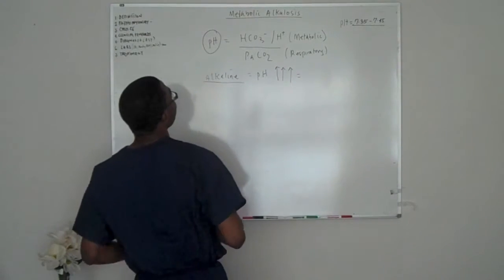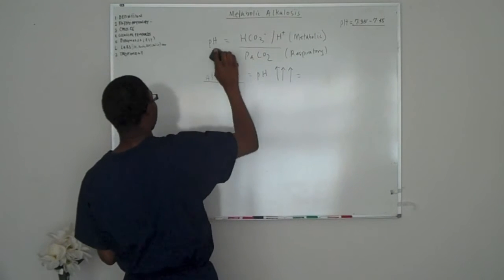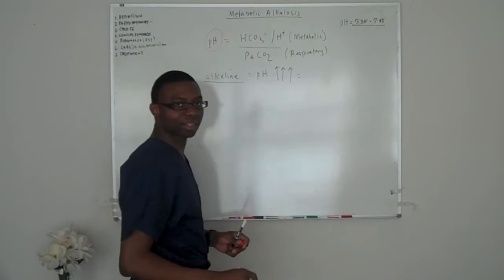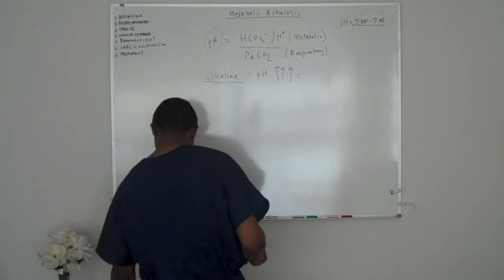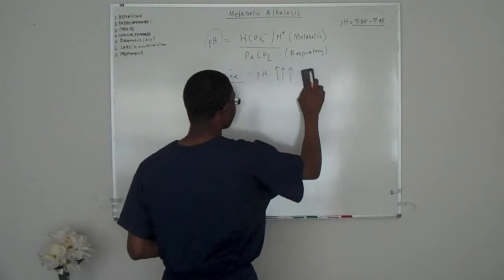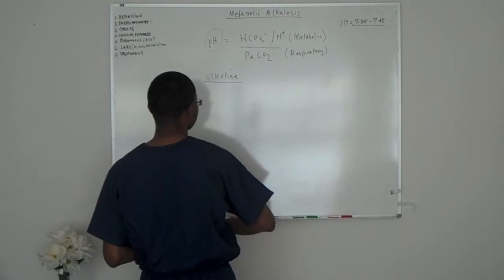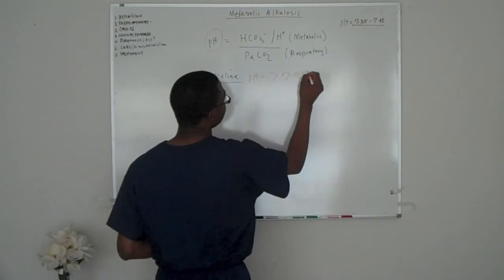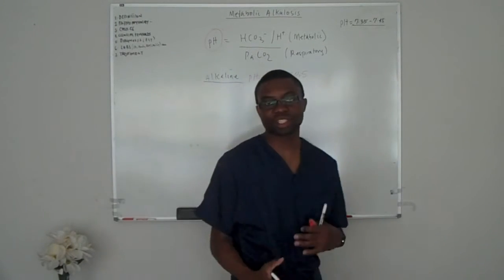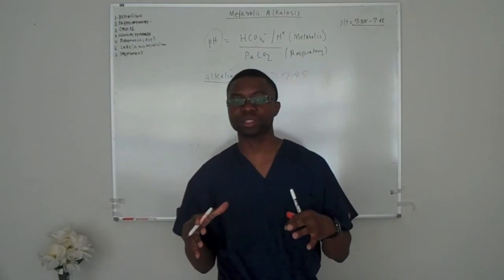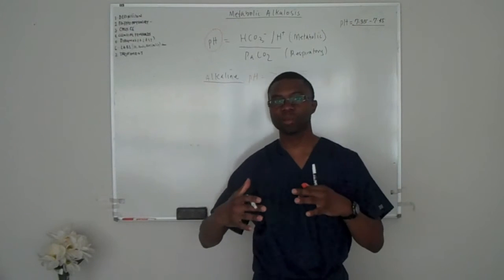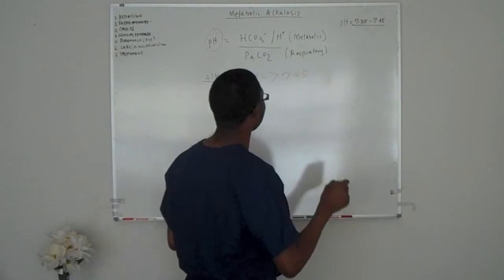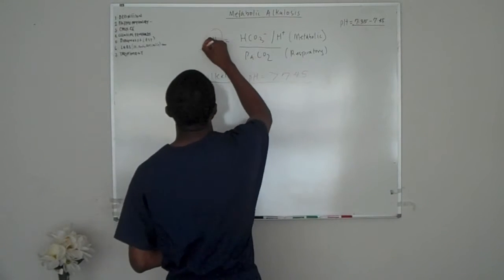I try to make my videos a little bit more interesting, so we're gonna use more coloring in this video. We deal with pH. It's gonna be very high. So alkaline pH will be obviously, automatically greater than 7.45. And what I will actually do and incorporate now into my videos is kind of like test questions. They're more like review cases to get us, at the end of the video, to get the whole point. So automatically the pH is going to be very high.